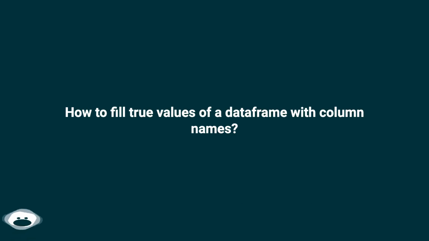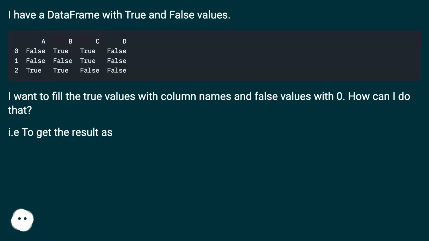How to fill true values of a data frame with column names? I have a data frame with true and false values. I want to fill the true values with column names and false values with 0. How can I do that? I.e., to get the result as